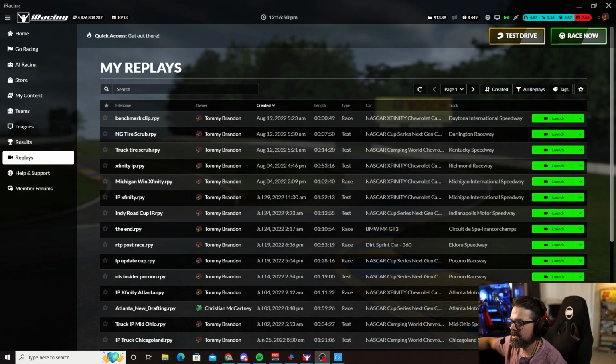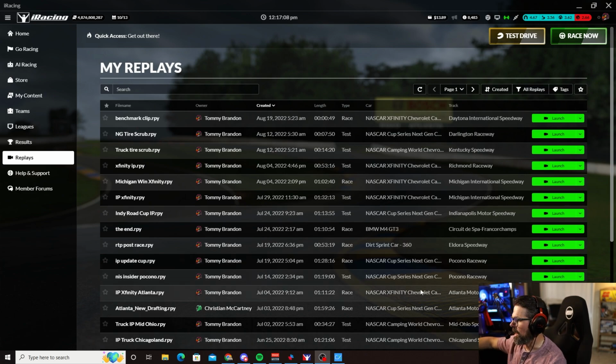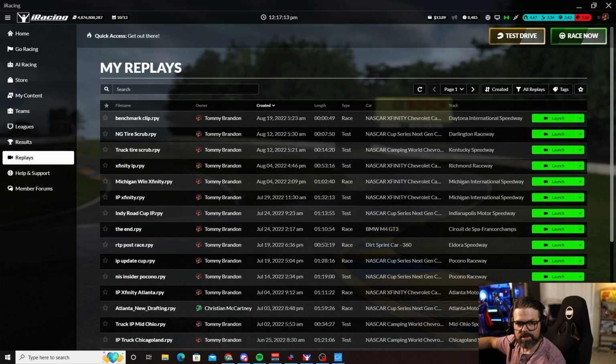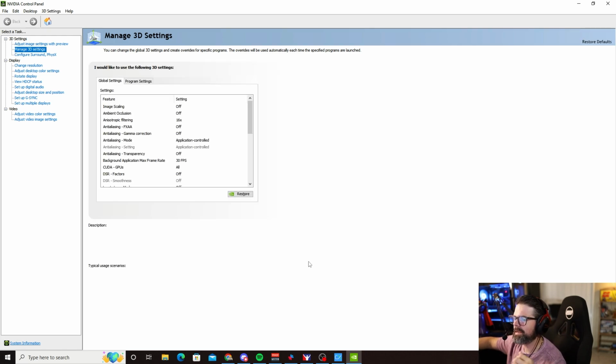All right, so first things first, we need to open up the control panel. Now, the control panel is going to depend on your GPU manufacturer, which is basically going to be either NVIDIA or Radeon. Radeon is the AMD graphics card manufacturer. Now I have an NVIDIA card, an RTX 3080. Keep in mind, the control panel settings between NVIDIA and Radeon will be a little bit different, but overall the options available are basically the same, and that's what you need to understand.